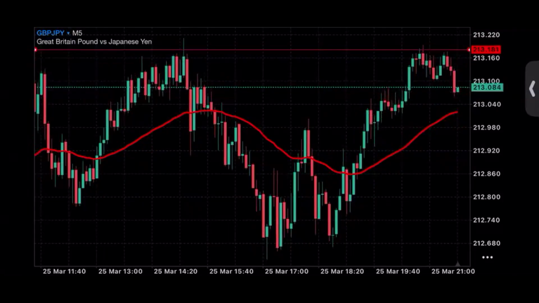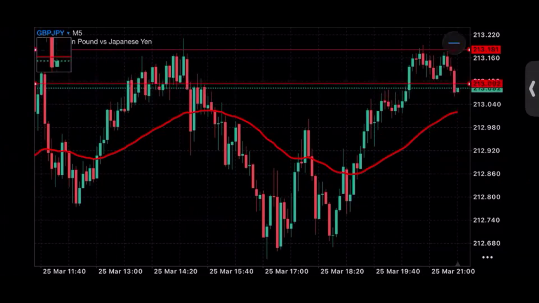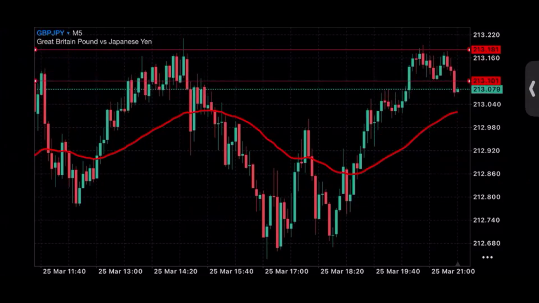Now, where is the low of that high? There are two lows I can see here. The first one is this one. This is not bad. It's not too close. And then we also have this one that is actually trying to form now. But the major one that caused this high when price got to this point was this first one, 213.101, which is not bad. It's not too close. It's not too far. It's just perfect on the 5 minutes time frame. So what do I do?